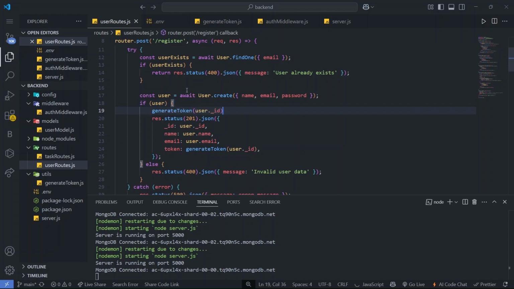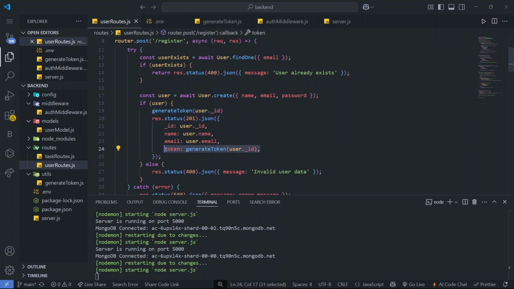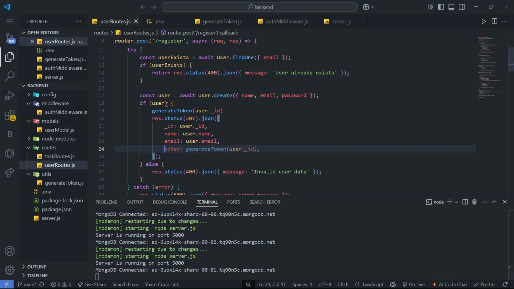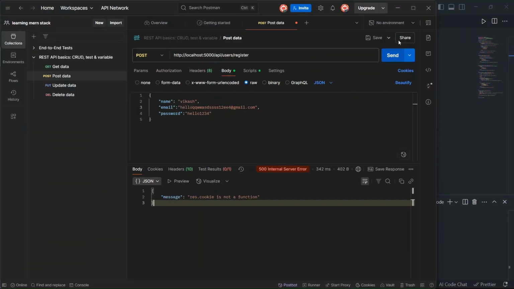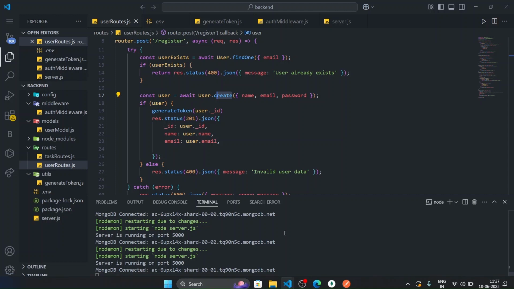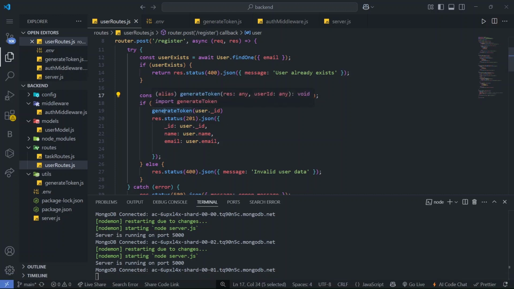So here what we have to do, we have to remove this, right? And we have to pass this here in the if statement. If user exists, sorry, if user has passed this email password, the user will be created and saved to the database. This create function will automatically save to the database. That's why when we are registering with Postman, testing our API, the user has been registered to the MongoDB database, but it is showing error, right? Because of this, because we are passing in the response.json, right? Because we don't have to